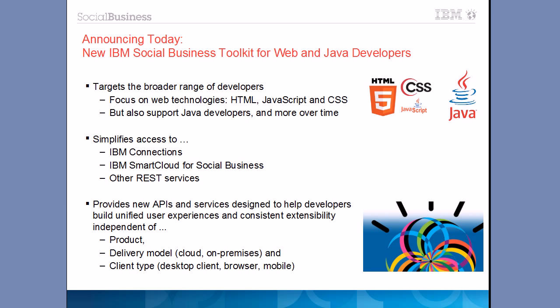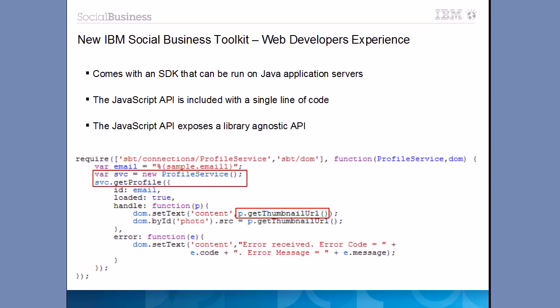They provide a consistent extensibility model, and they work for different delivery models like cloud and on-premises. And obviously, they also can be used by different client types. So here's an example of how web developers can now consume this new toolkit. The toolkit comes with an SDK that can be run on different types of Java application servers. And the SDK contains a JavaScript API which can be included in your own HTML code via just a single